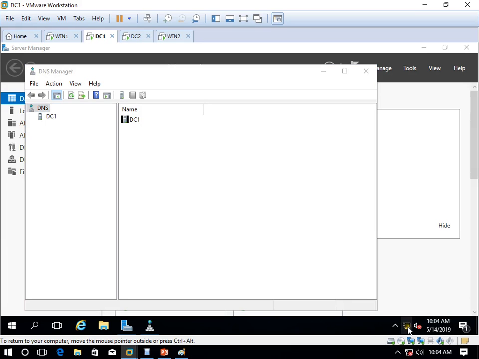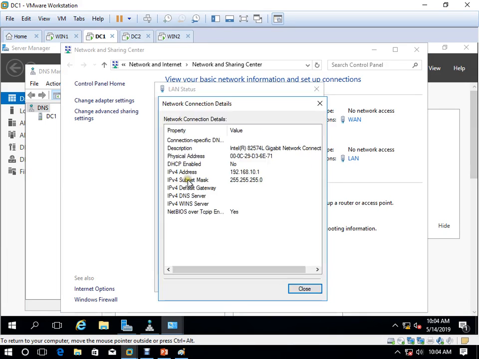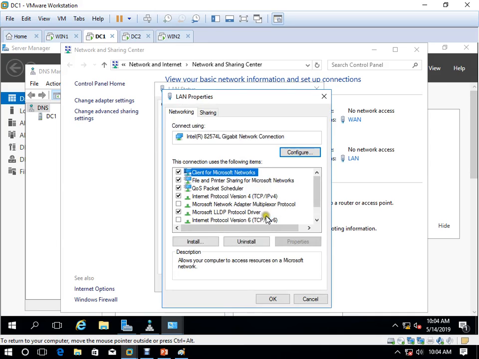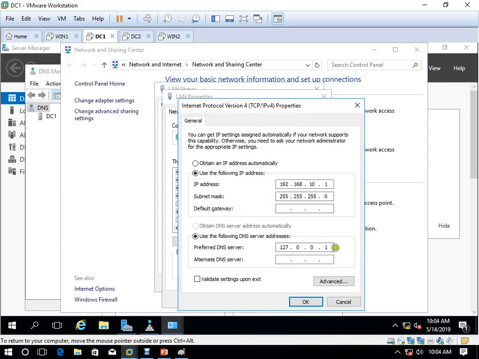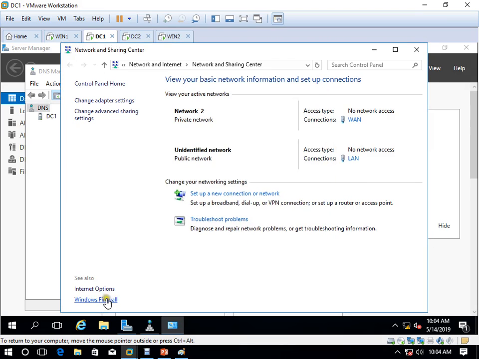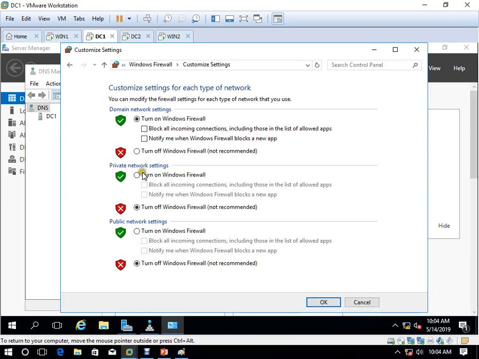Now come to the LAN card, properties, IPv4. Here you can see it has taken this one, so you have to remove it and put your own original DNS, 10.1. Also, you have to turn off the domain firewall as well.